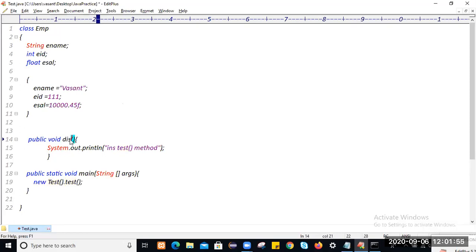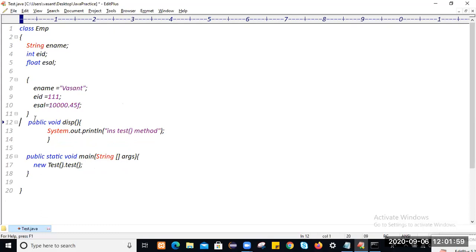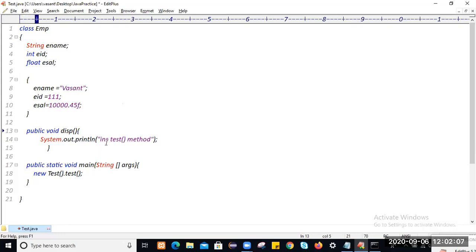To display those values, I will use one instance method. This is the instance method, and we are going to display these values. What is the employee name? I will display whatever the employee name is.